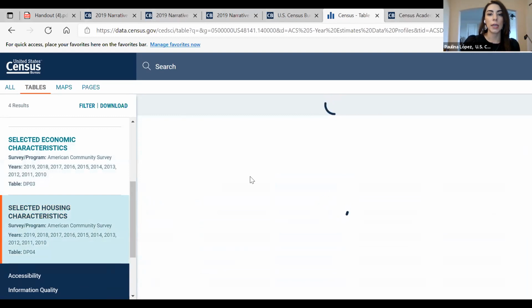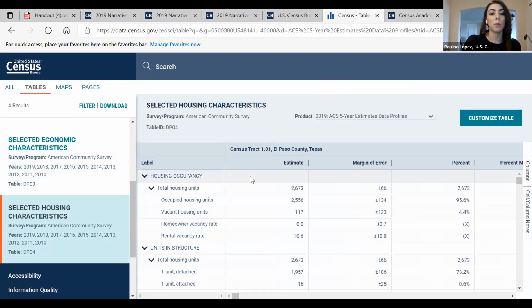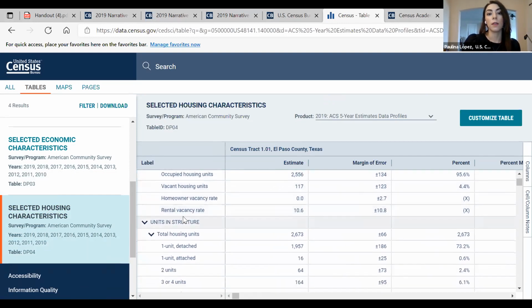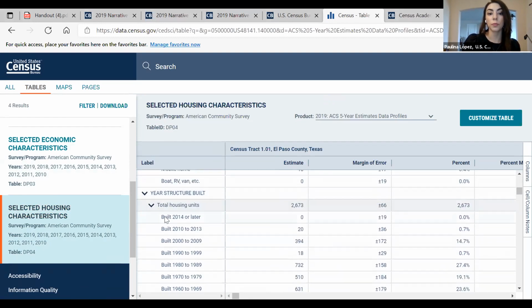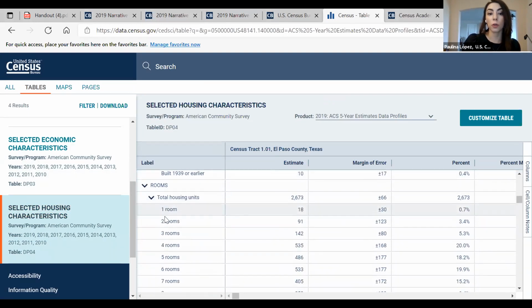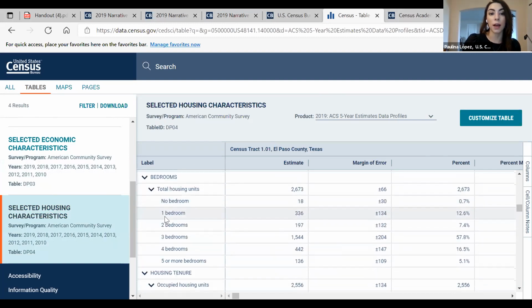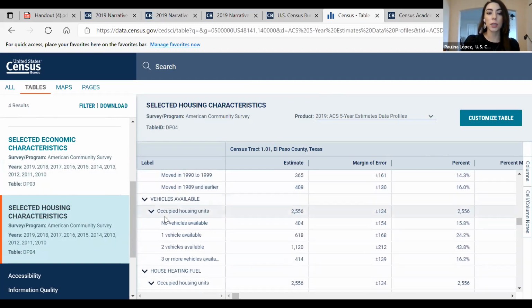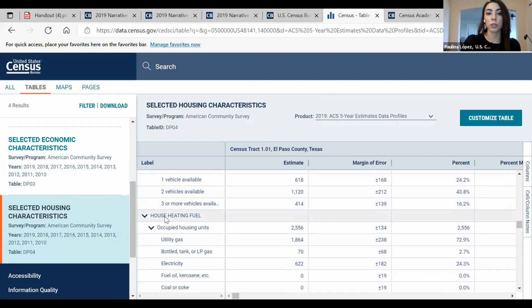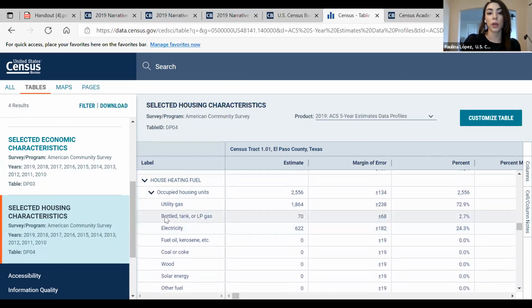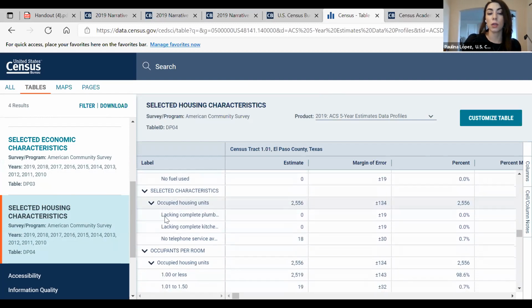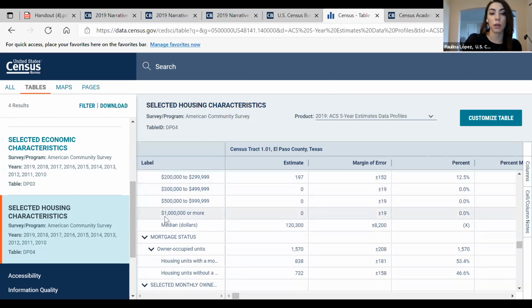And then finally, in the housing characteristics table, you will find how many total housing units there are, how many are occupied, if they're vacant, which year they were built, how many rooms they have in the house, how many bedrooms. So this is valuable information for developers and for those organizations working with HUD funding and HUD programs.